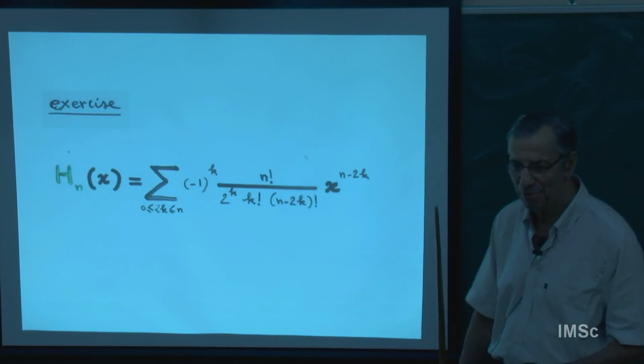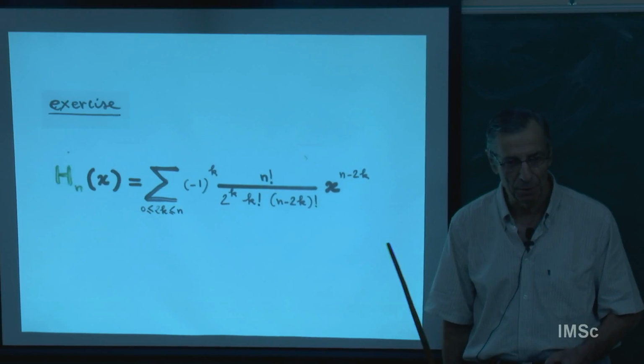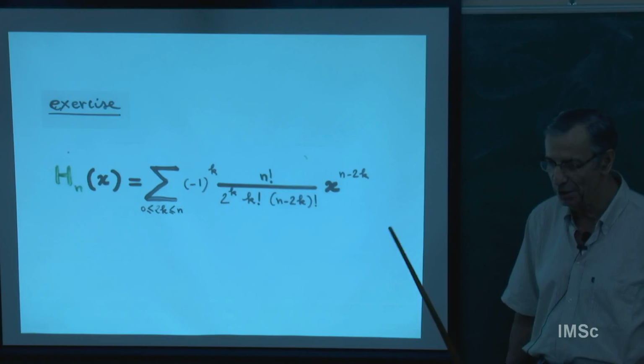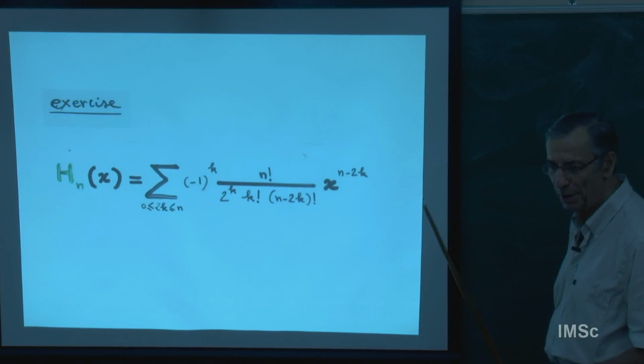So, an elementary exercise: find a formula for the coefficient of the Hermite polynomial, which depends on n and k, which means you find a formula for the number of involutions counted by number of fixed points.